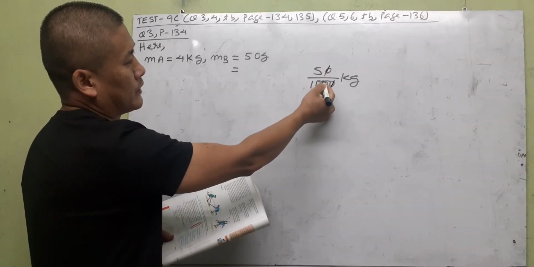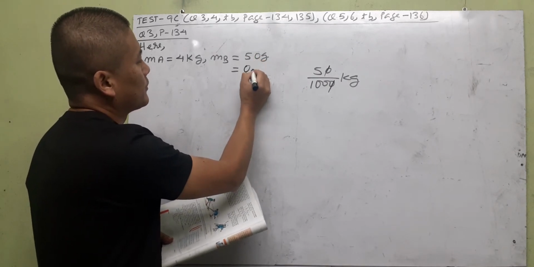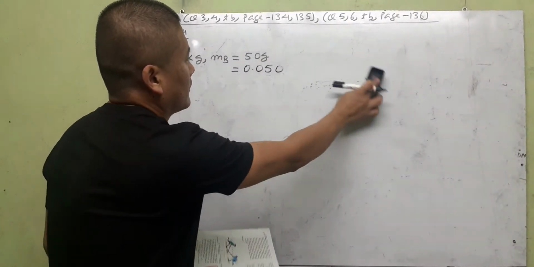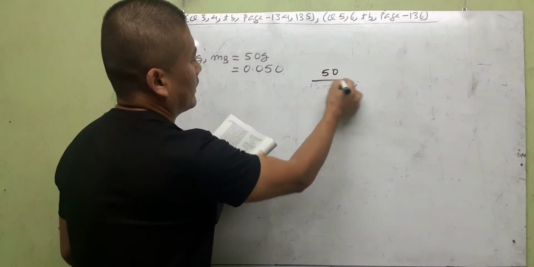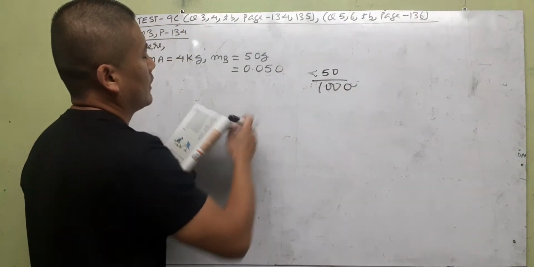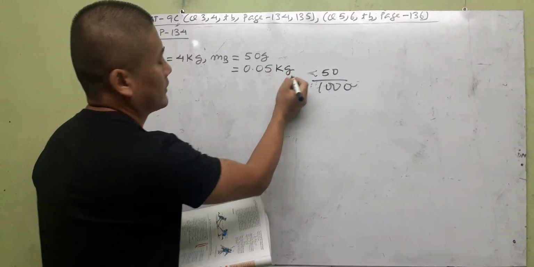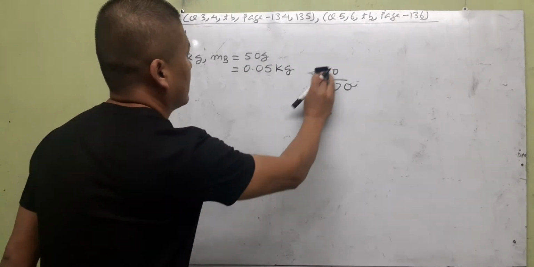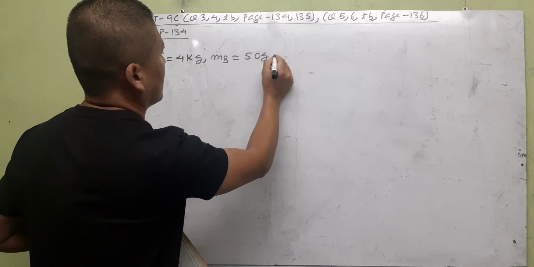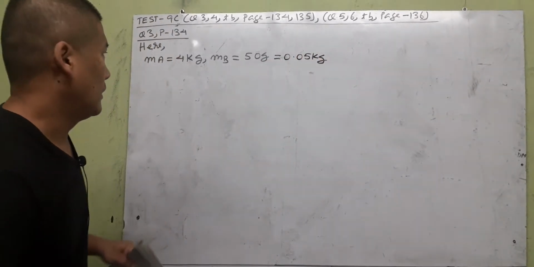So 0, 0 cancel, then 2 places, or you can just do here 1, 2 and 3, so it will become 0.050. See here, 50 by 1000 means 3 places, 1, 2, 3, so one more 0 here. So we may as well avoid writing this, which is not necessary, so you can just write your kg. So you write here 0.05, equal to 0.05 kg,